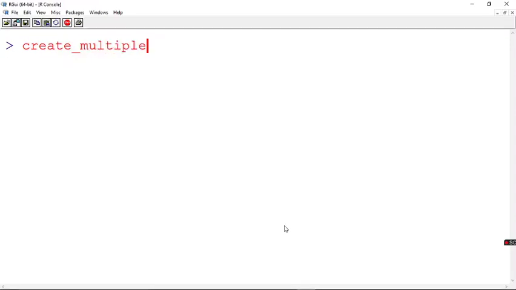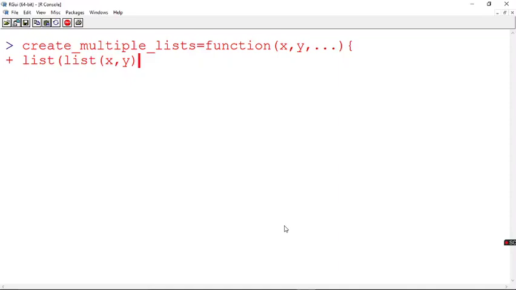Suppose I say create underscore multiple underscore list, and I say function of x comma y comma this ellipsis. Now I say list, and the first two values whichever I give are going to be created as a list within the list, and the remaining are going to be your variable arguments. Now I have created this list.